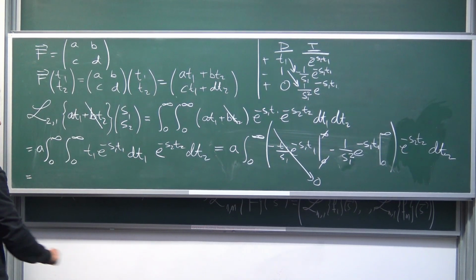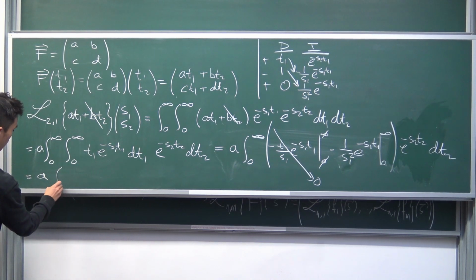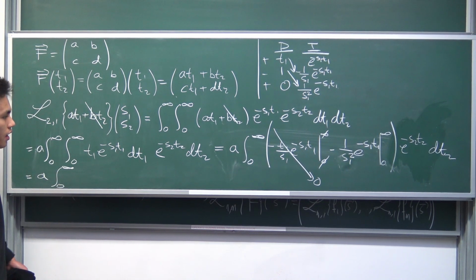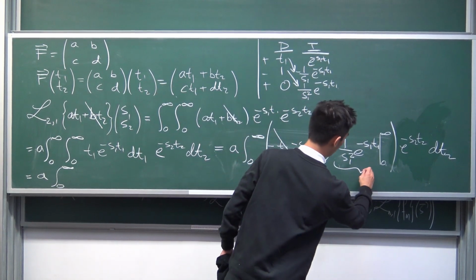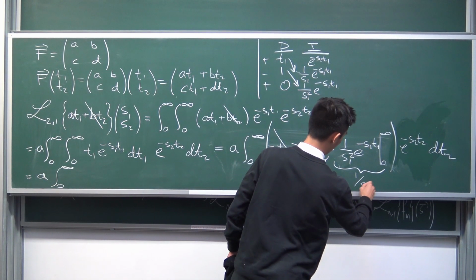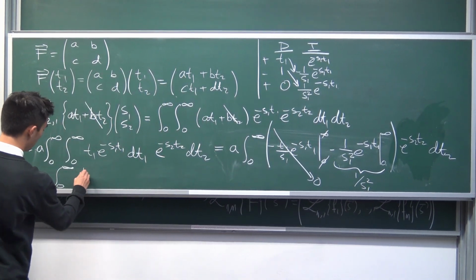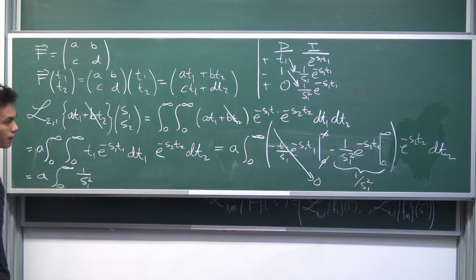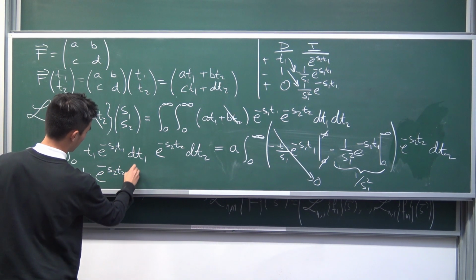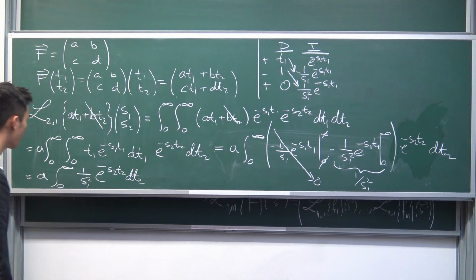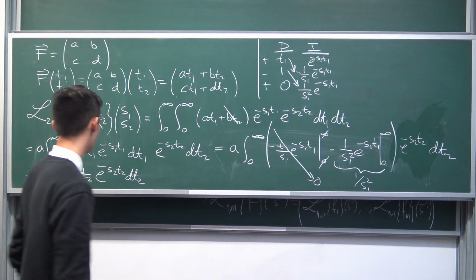So we have that a at the front still. And then we have the integral from 0 to infinity that we still need to calculate. And then this guy goes to 0. And we said that this guy over here was just 1 over s1 squared. Okay, so we have 1 over s1 squared, and then e to the minus s2 t2, and then we integrate with respect to dt2, and that's rather simple to evaluate because first of all the s1 squared is just